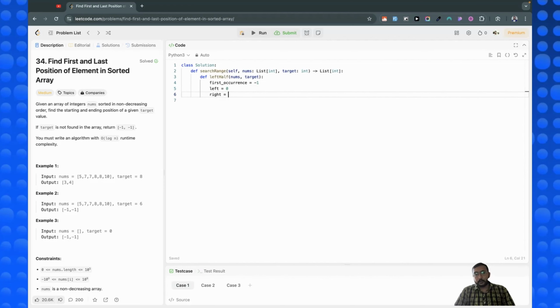How will we calculate the right? First we get the length of the array, and then subtract 1 to get the last index of the array. Now we keep repeating the binary search operation to find the middle point and compare with the target. So I can say while left is less than or equal to right,